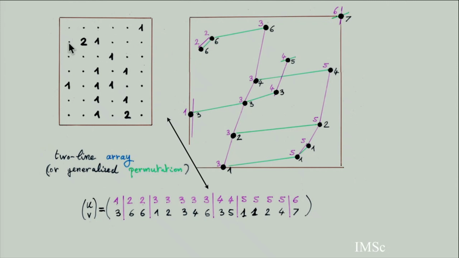So the 6th row from the bottom, and second column from the left. So this 6 here comes from this point, which is at the top of this column here, and the 2 comes from it. I replace the 2 by 2 points in increasing sequence. The column number and row number from the bottom. Yes, sorry, I use a French notation.